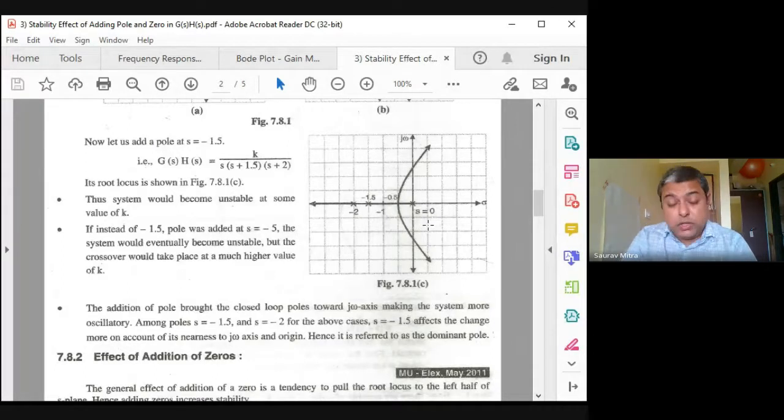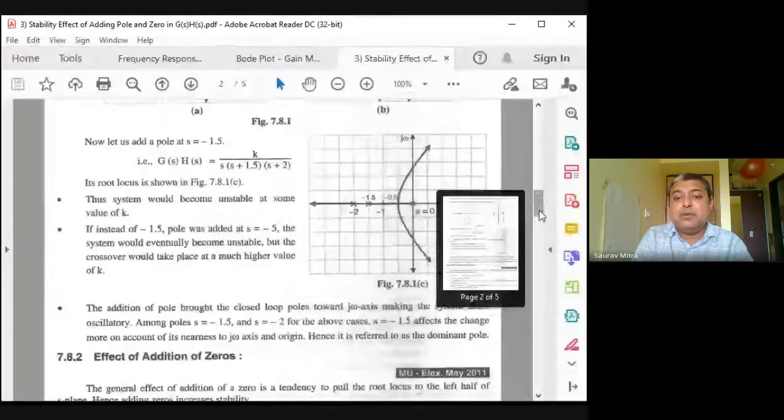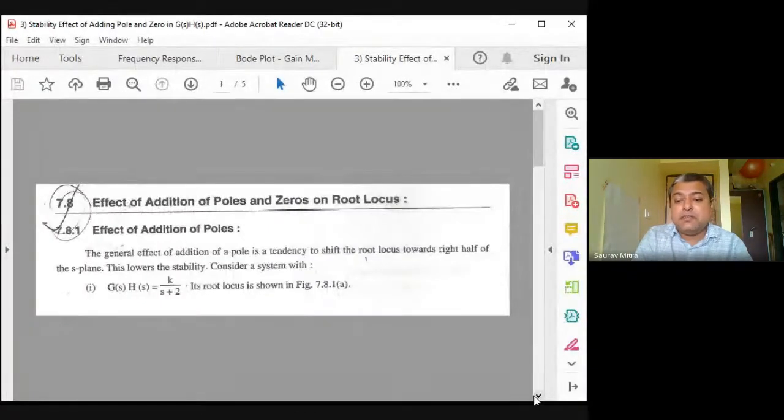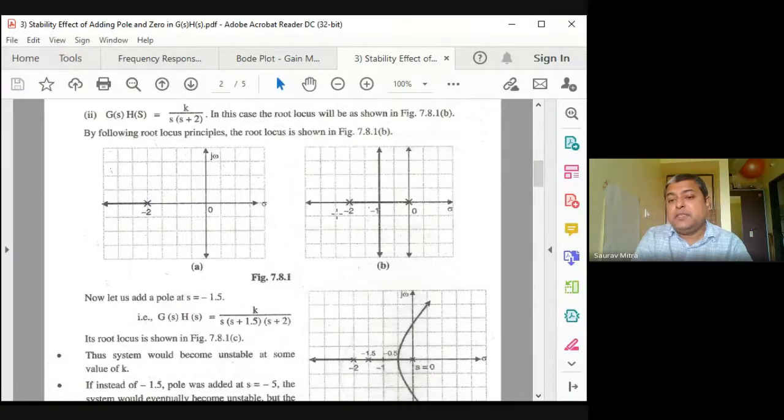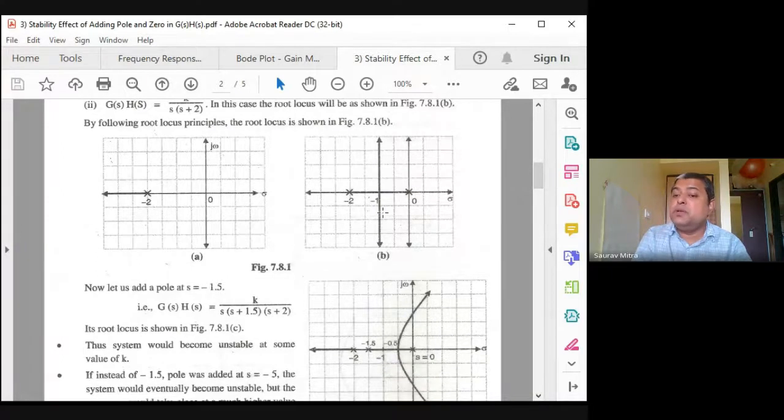Then the 4 pole and 2 zero system. You will find it will look like this, somewhat like whatever figure B is there. Here it is only a 2 pole system, but the 4 pole 2 zero system also will look somewhat like this. Compared to the 4 pole 1 zero system, which looks like figure C, the 4 pole 2 zero system will look somewhat like figure B. The 4 pole 3 zero system will look somewhat like figure A. That means as you insert the zeros, the system comes back towards more and more stability.